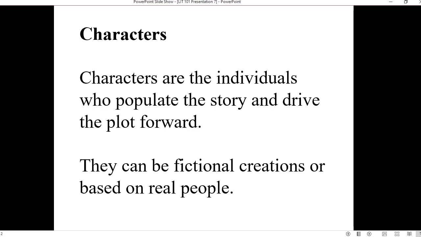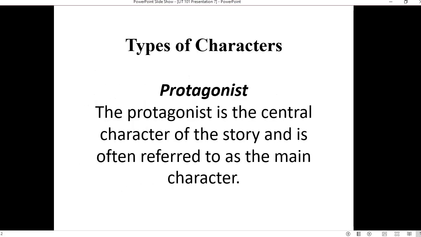So when we mention characters, there are different types of characters. One of them is the protagonist. If we remove a protagonist from a story, that story is a dead story. There's no more a story because everything in the story surrounds the protagonist. The protagonist is the central character of the story and is often referred to as the main character. So everything that happens from the beginning of a narrative work to the end of it surrounds the main character,